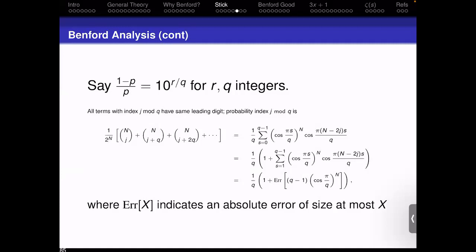then all I really care about is, when I'm looking at my indices, how often do I have various lengths? Every time I increase by q, I'm going to have the same leading digit. And so I'm going to basically just be summing binomial coefficients in arithmetic progression. There are explicit formulas for this, or you can also just say, by just removing a term or adding a term, all of these sums to first order are going to be the same. They're all going to be roughly 1 over q. And that's going to be responsible for a uniform distribution and not a Benford distribution here.